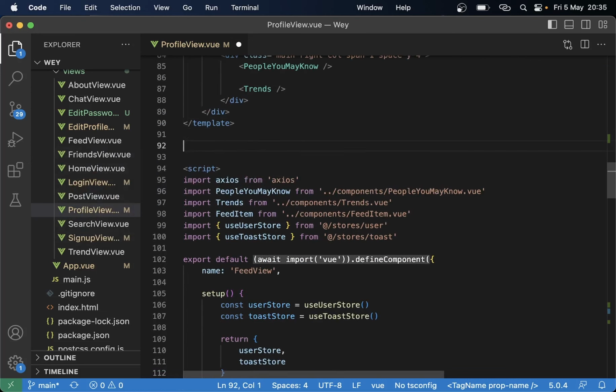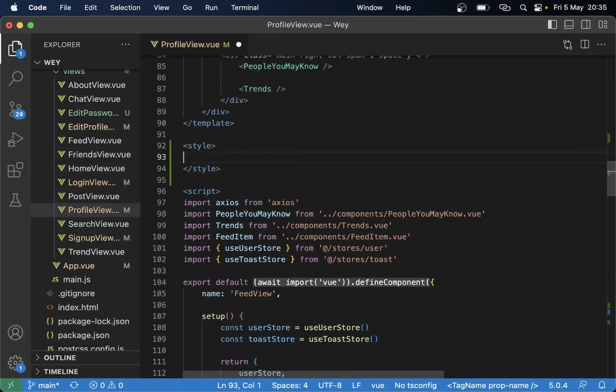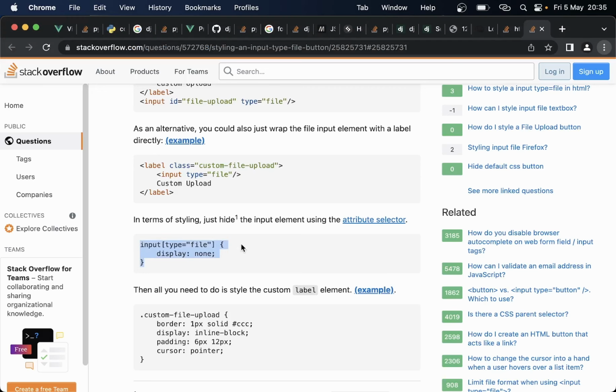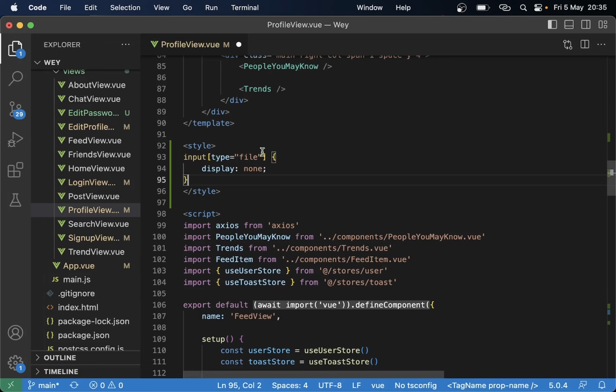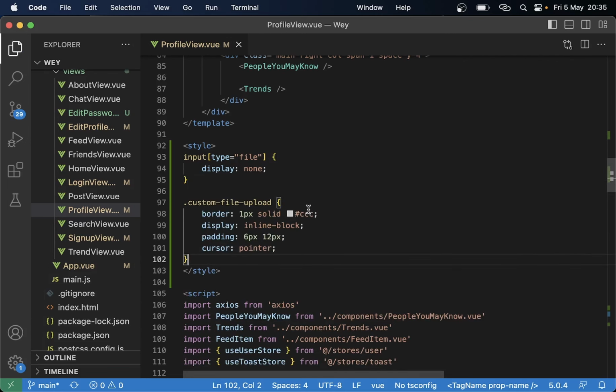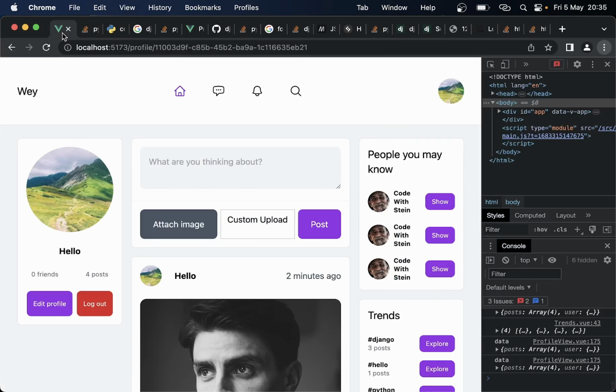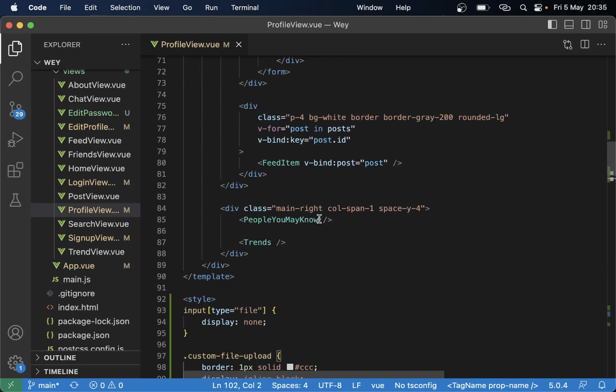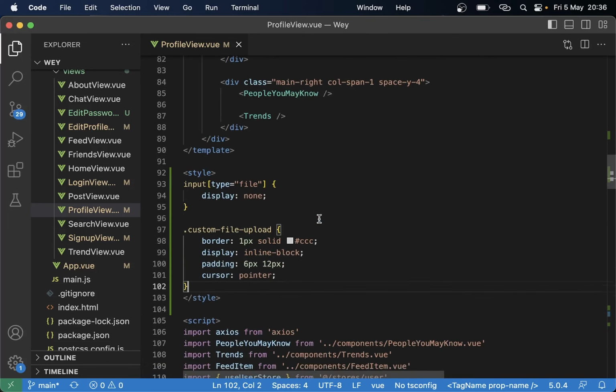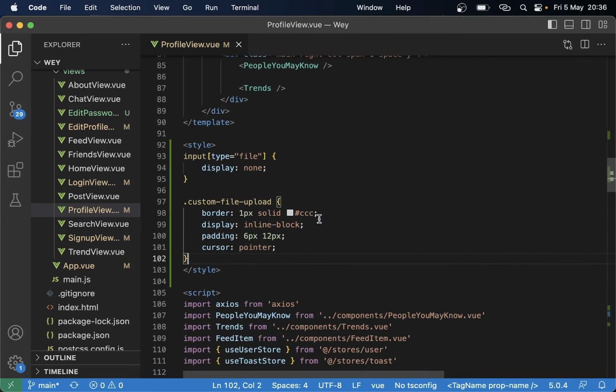If you just scroll above here, we can say style, like that, and copy this and paste and save. So if I go back, it looks a little bit better. We just need to fix it so it looks like this instead. So what we need to do in order to make that work,